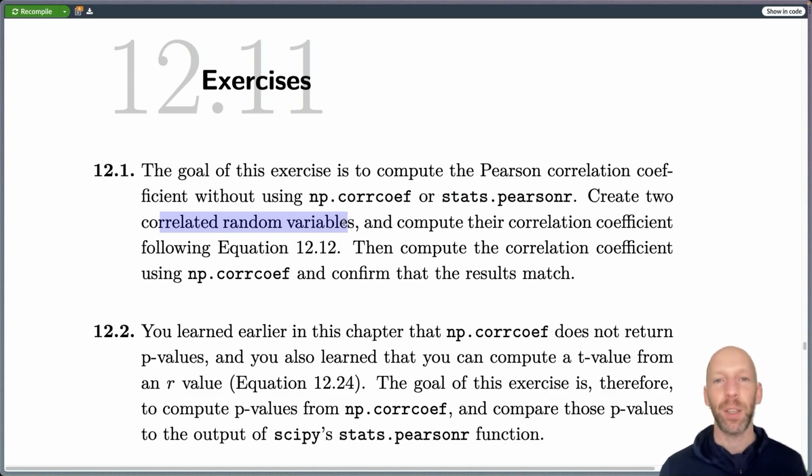Now, you learned in this chapter several methods for creating correlated variables. You can do it as sophisticated as you want. My solution is actually a pretty straightforward way of creating two random correlated variables, because the main point of this exercise is not so much about the correlation coefficient itself, but just to make sure that you understand the math